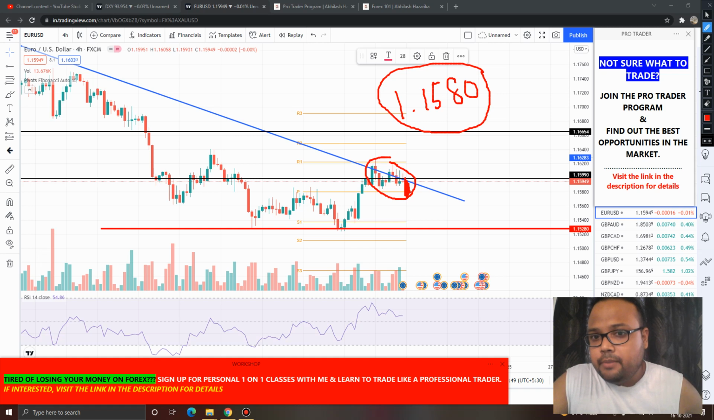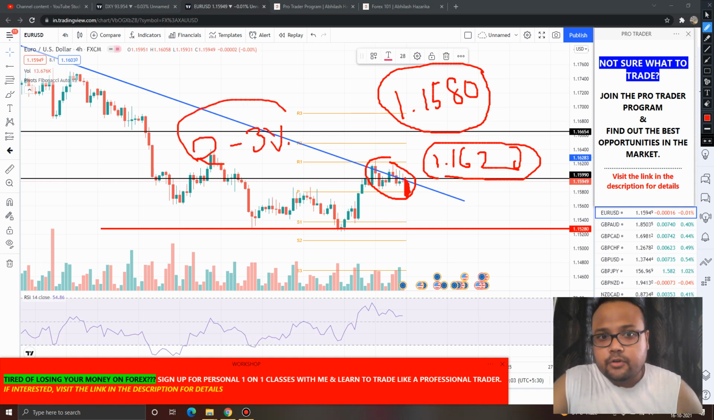Your stop loss will be above this level. Your stop loss will be above 1.1620. Your stop loss will be above this level, and please follow proper risk management. It means that do not risk more than 2 to 3% of your trading capital, because my dear friends,